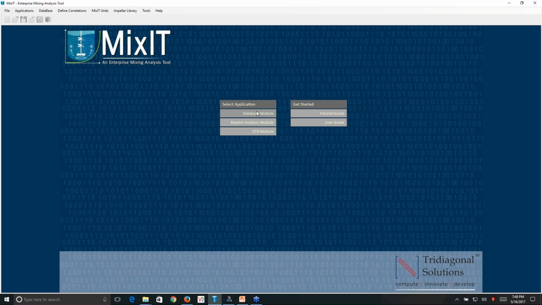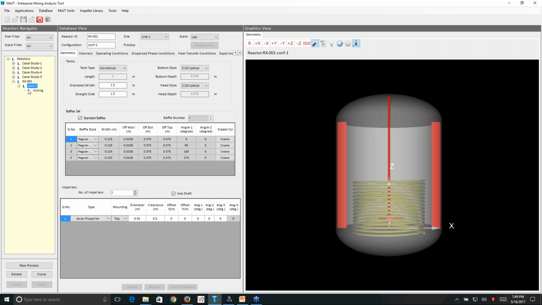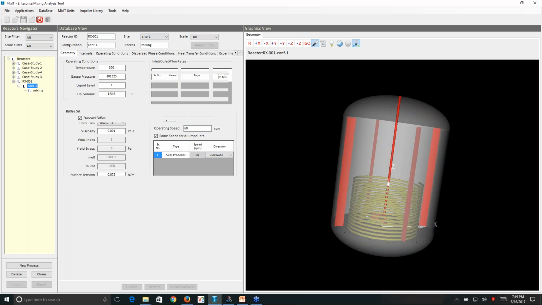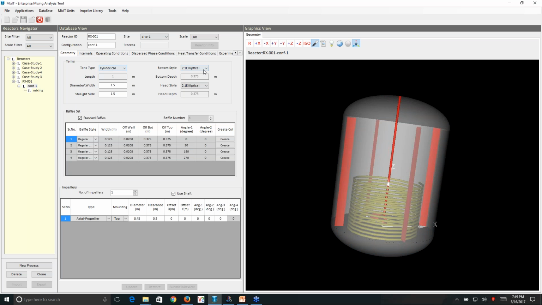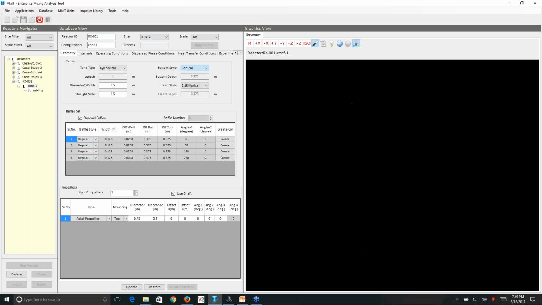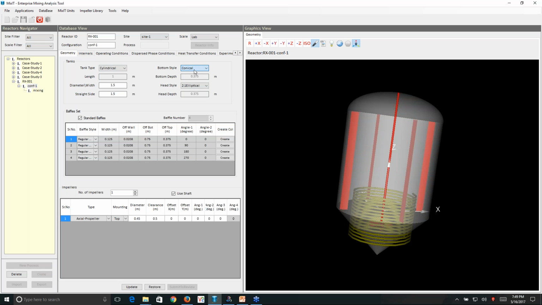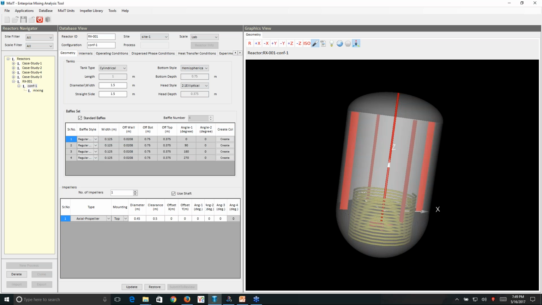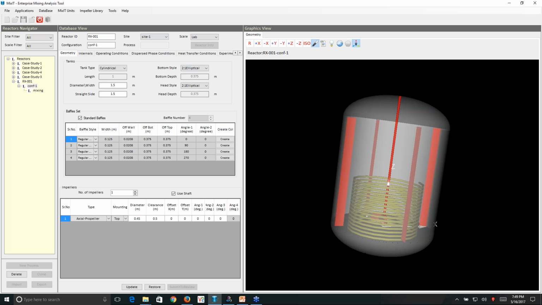Here, the user can create various geometries. I have a few geometries loaded up here, and you can look at the various process conditions. For vessel geometries, we have cylindrical as well as rectangular vessels. Various dish bottom shapes are available for the user to choose from. So you can have the conical dish, or the flat surface, or the elliptical bottom, or hemispherical bottom. All those different dish shapes can be used in the analysis.